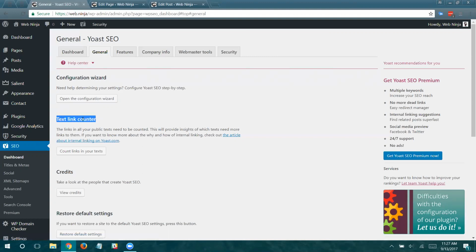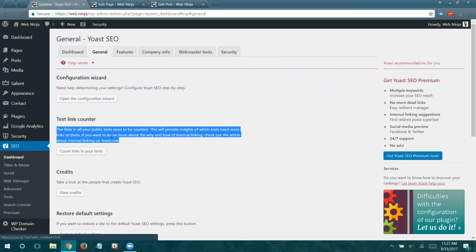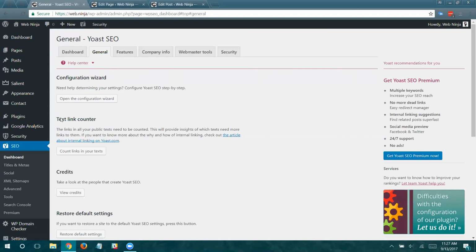This is a text link counter. And another thing I like about really good plugins is that they describe what each of these things is. So I'm not actually going to spend a whole lot of time describing what each of them are because there's so much to cover in this webinar. If you read each of these things and just give it time. That's the biggest thing about WordPress, is that you just have to give it the time to learn what each of the things are, figure out what is the most important thing for you to focus on, and then pay the attention that it needs to better that.